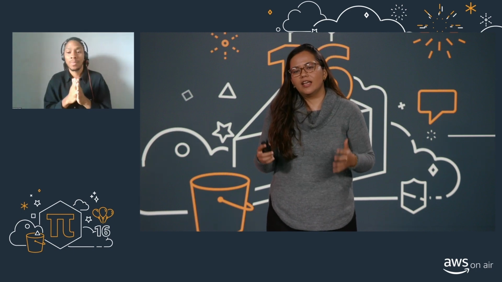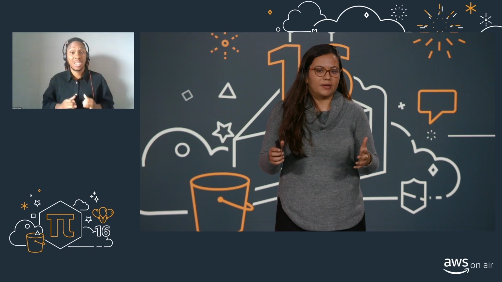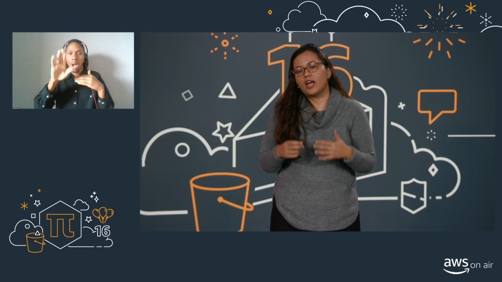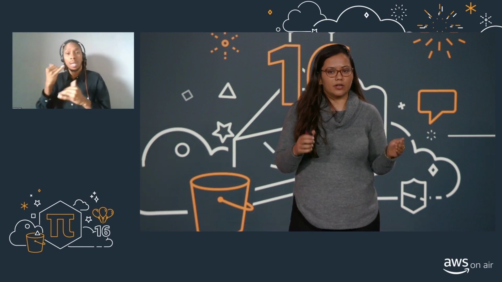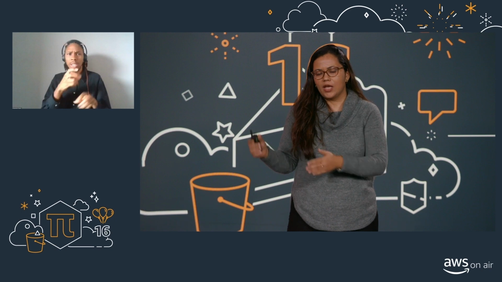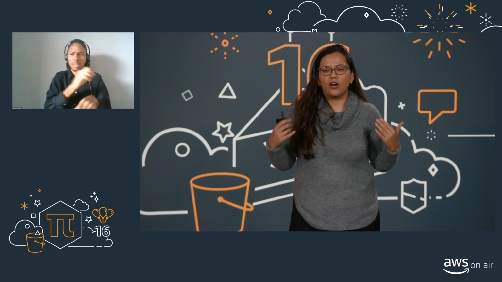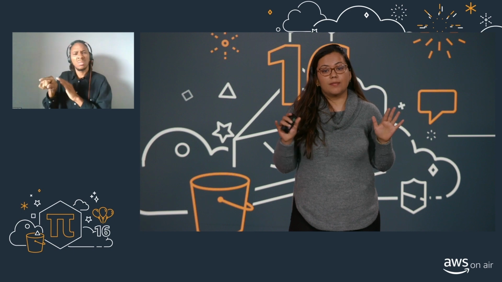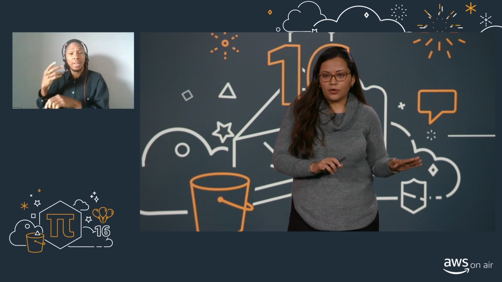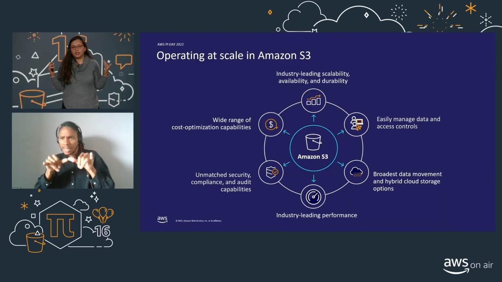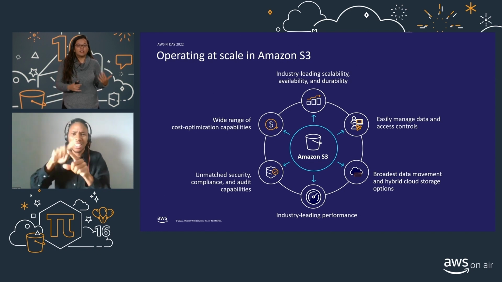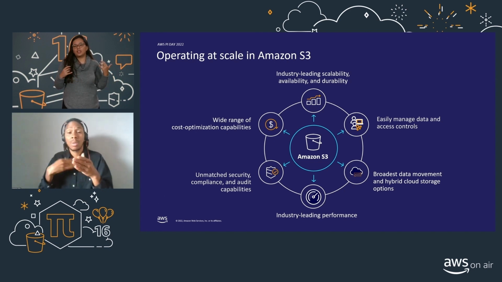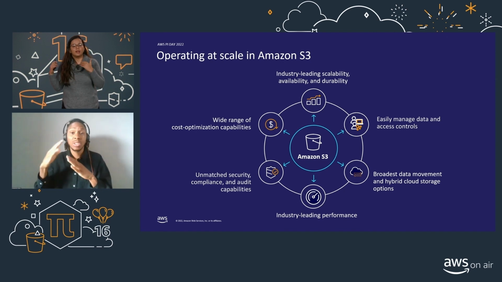So increasingly, customers are transitioning all their applications to the cloud, while many are just starting ground up in the cloud. As a result of this shift, more and more customer workloads are moving to Amazon S3. Customers choose Amazon S3 for a lot of different reasons. For some, it is about the high availability, high throughput, the scale they can reach with Amazon S3, the 11 nines of durability, the ability to store data across multiple regions with cross-region replication. For some, it's the wide range of cost optimization capabilities we provide to store millions and billions of objects within